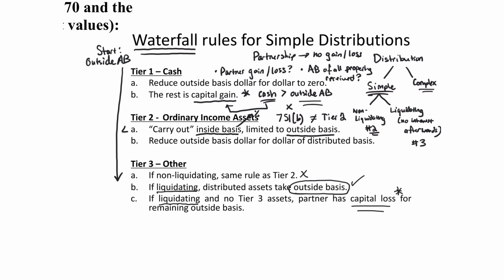Now, if it's a liquidating distribution like we're going to have here, and there's no tier 3 assets, so we have tier 1 and tier 2, but no tier 3, then we give the partner a capital loss for the remaining outside basis, and that's how it works. Now, we're going to see all sorts of issues in this problem, so we will get to see all these different things, okay? So that's the general rules. Keep those in mind for this problem, and again, you're going to see that we're going to be doing a liquidating distribution because we saw in our facts that, remember, A is liquidating in all situations. All right, so now that we have that,